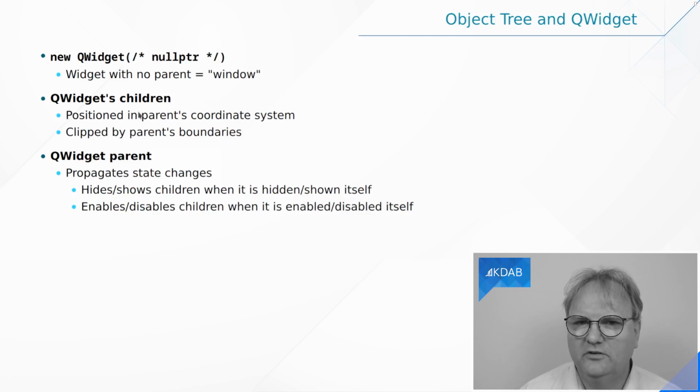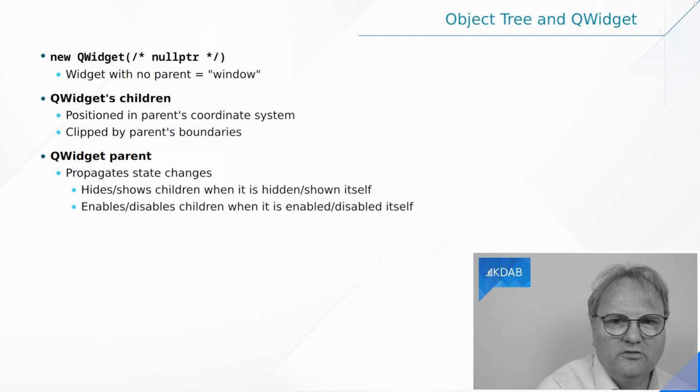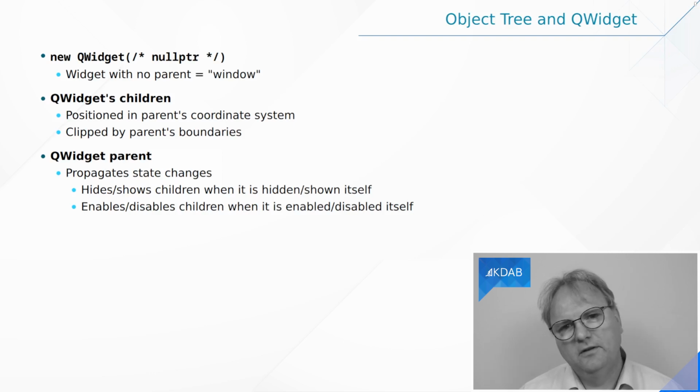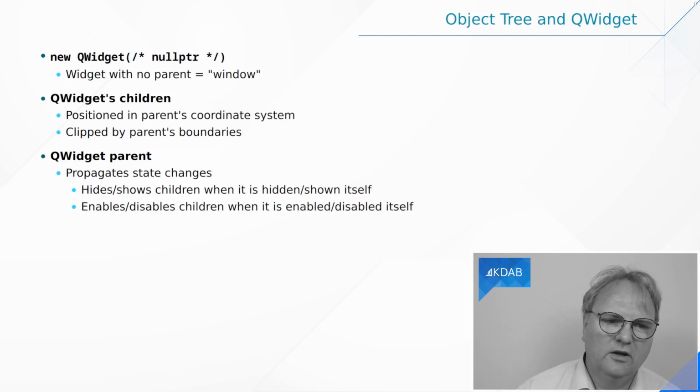in the coordinate system. So the checkbox, if I were to lay it out manually, I would move the checkbox to a coordinate that was a number of pixels from the left side, that's the X coordinate, and a number of pixels from the top, that's the Y coordinate. I would take my pixel ruler, I'm sure it would look something like this, and I would measure that, yes, that's going to be 10 pixels from the top and 20 from the left. And I would move it according to the topmost, leftmost part of the dialog being 0,0. So the coordinate system of the children is relative to the parent.